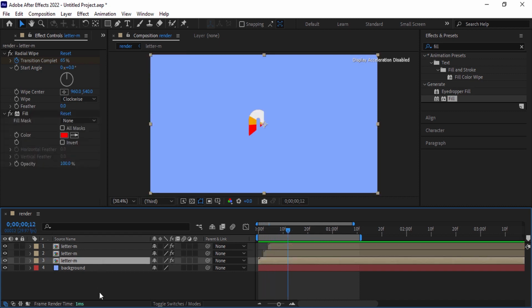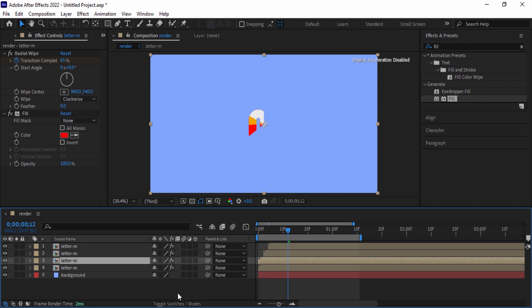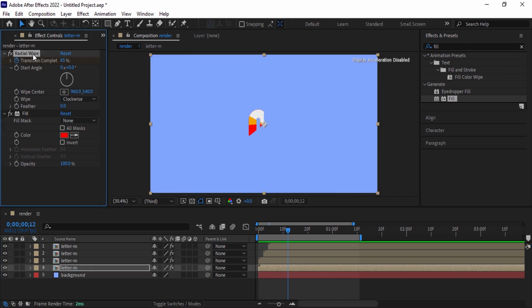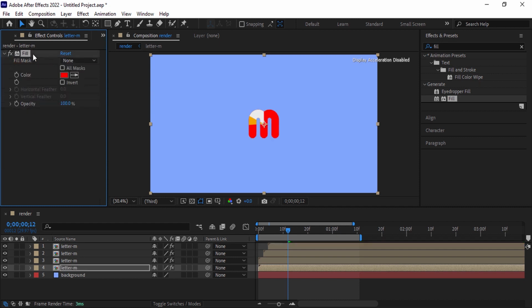Now make one more duplicate of this bottom layer. Select this bottom layer and then we are going to delete all the effects from it. So go to the Effects Control tab and delete the Radial Wipe as well as the fill from it.